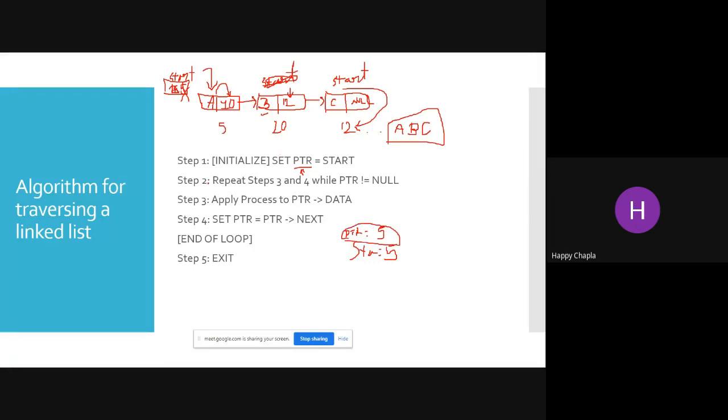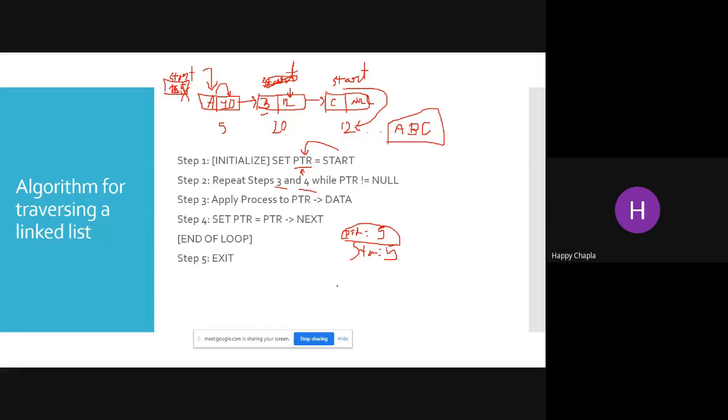First, I'm taking whatever value is stored in start and putting it into one temporary variable named PTR. Now the second step: repeat steps 3 and 4 while your PTR is not equal to null. PTR always stores an address.